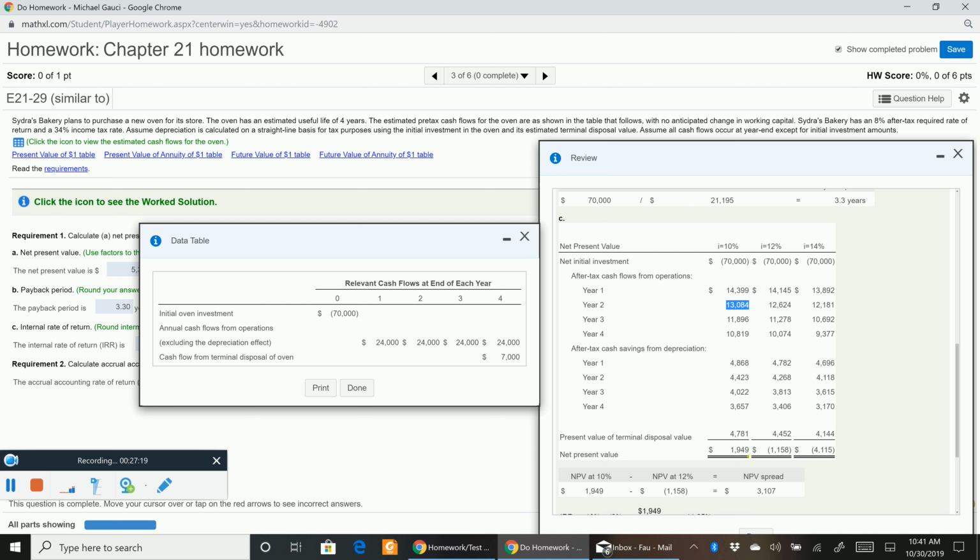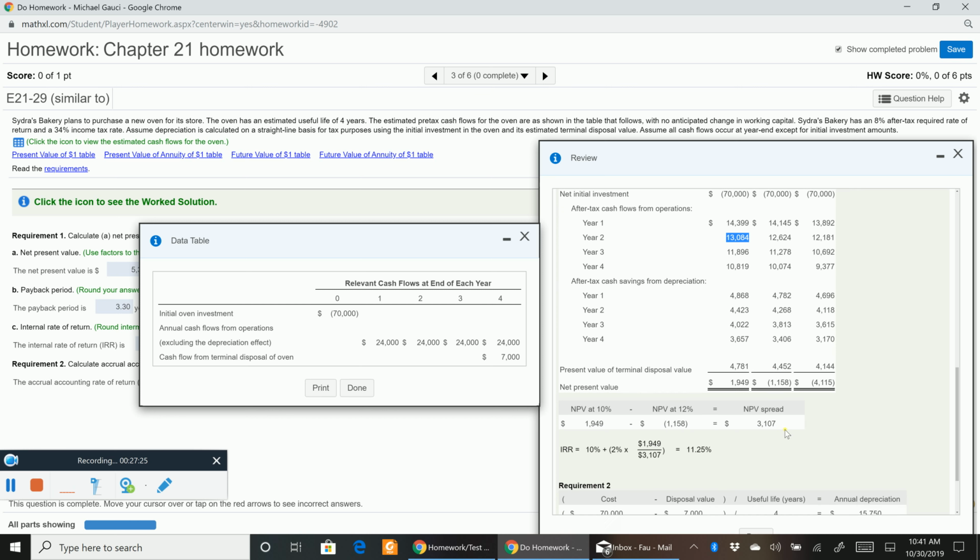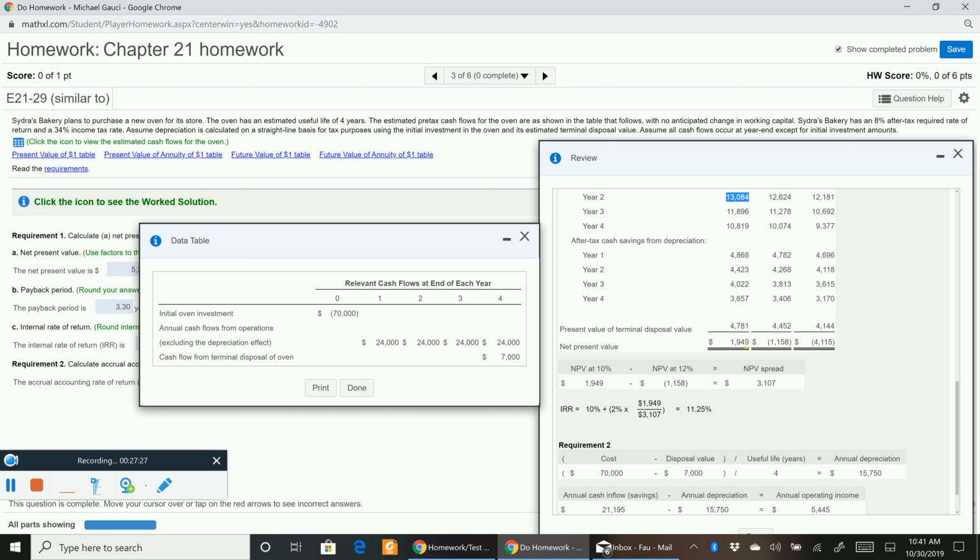We went from positive net present value to negative net present value. And so what we're going to do is see the spread between the two, the positive 1949 and the negative 1158. The spread between the two is $3,107. And so to calculate the exact amount between 10 and 12%, where the net present value is 0, also